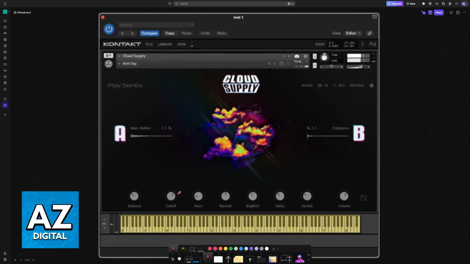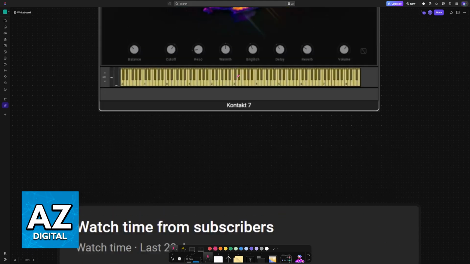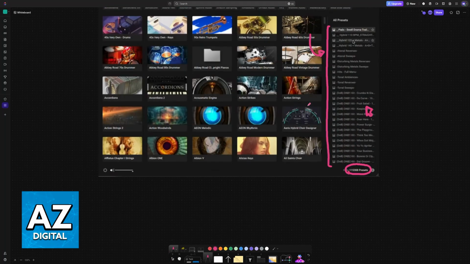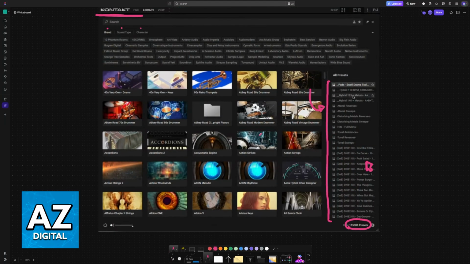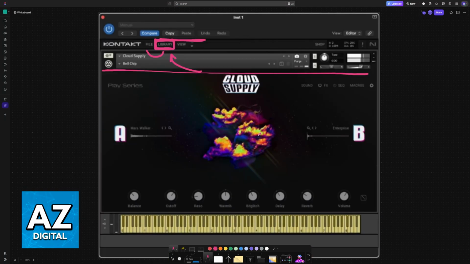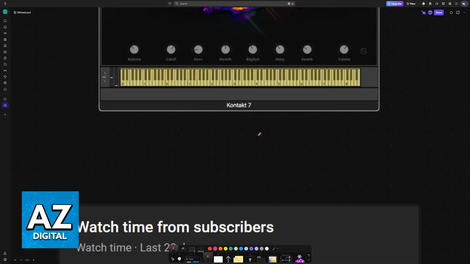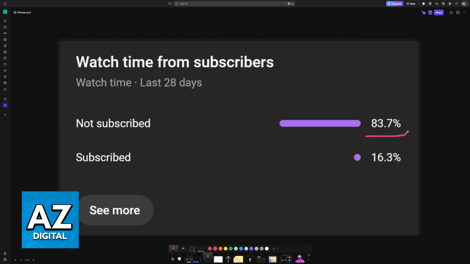So when you select any of them, a preview will be played and you will be able to use all the options here alongside the controls. You can always return to the library, so if you want to load a different one, replace this, choose Library right beside File. And in here, after it is loaded, you will be able to control it. I'm not going to go super in depth about all of the tools included with Contact. I simply wanted to showcase how you can open the main library.